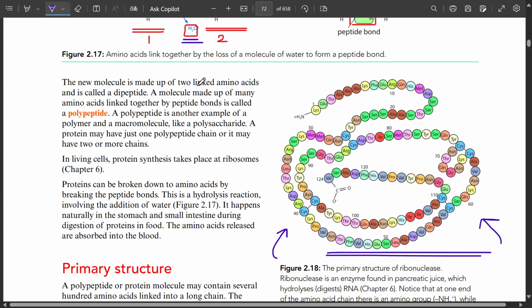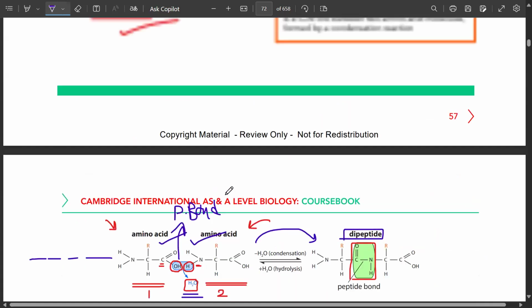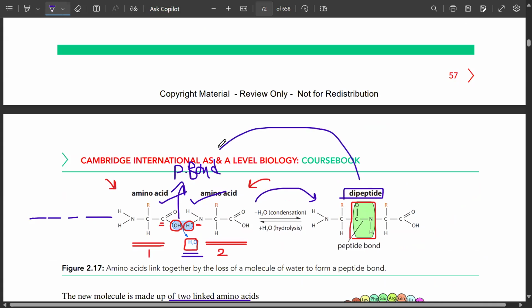The new molecule is made up of two linked amino acids and it is called a dipeptide. A molecule made up of many amino acids linked together by peptide bonds is called a polypeptide. And a polypeptide is another example of a polymer and a macromolecule like a polysaccharide. A protein may just have one polypeptide chain, or it may have two or more chains as well. In living cells, protein synthesis takes place at ribosomes, and proteins can be broken down to amino acids by breaking the peptide bonds. Now, if you have to go back from protein to amino acid, you can carry out